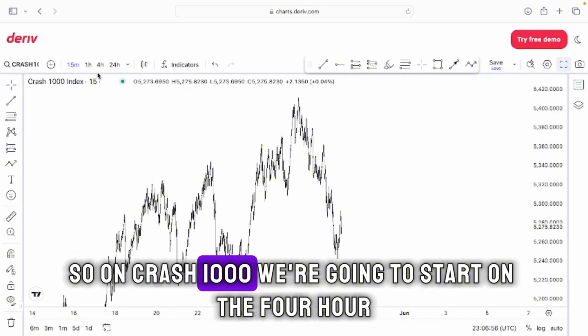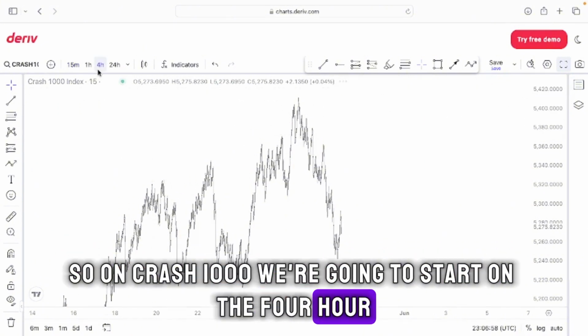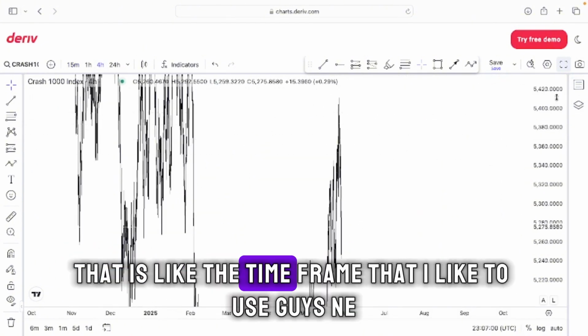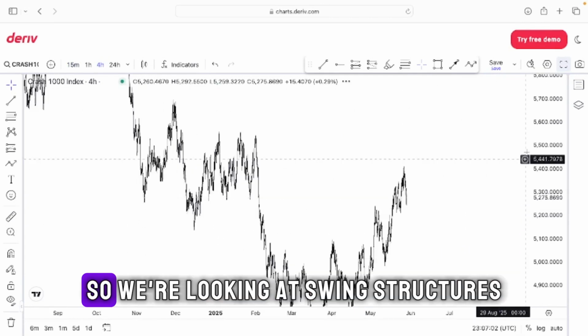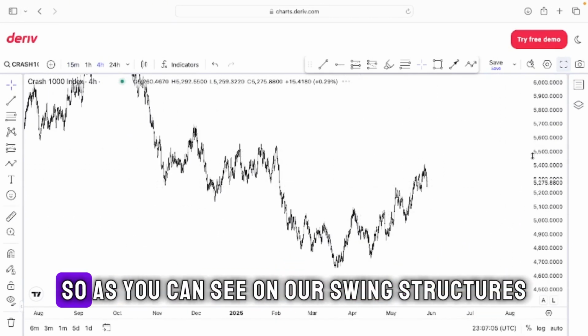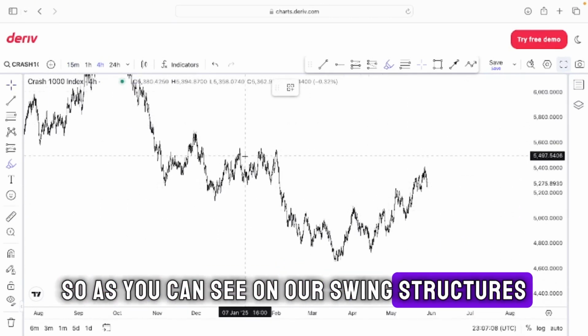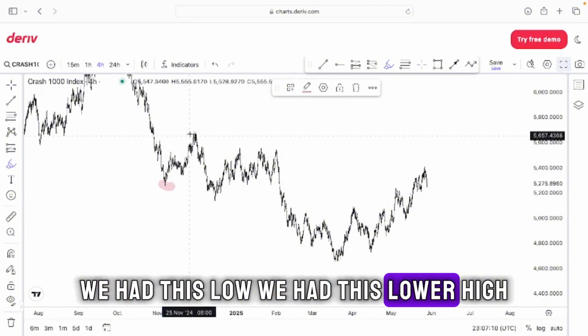So on Crash 1000, we're going to start on the 4-hour. Obviously, that is the time frame that I like to use, guys. So we're looking at swing structures. As you can see on our swing structures, we had this low, we had this lower high,